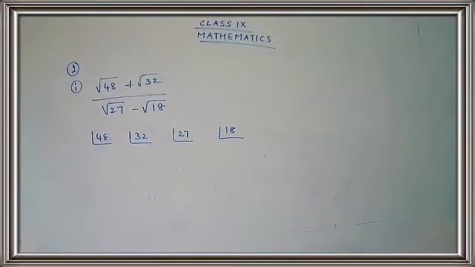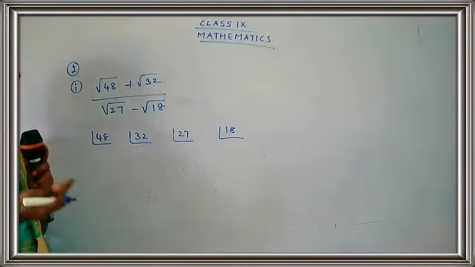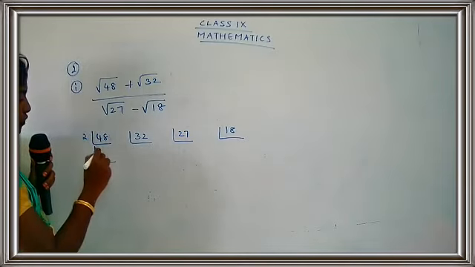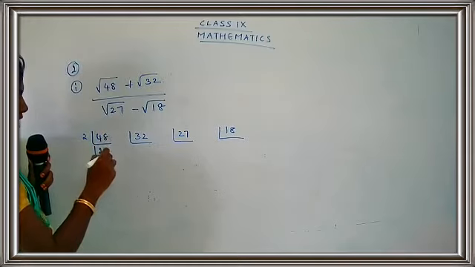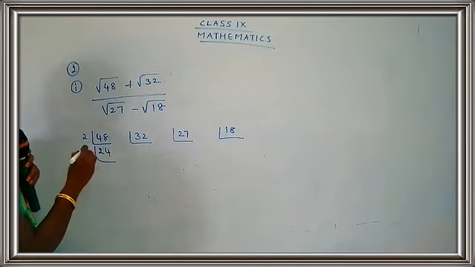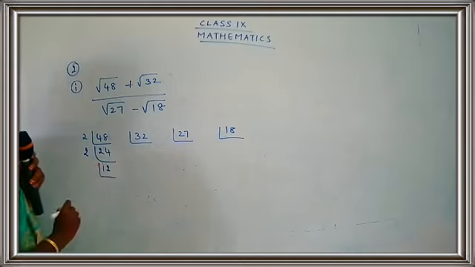Okay, shall we start with factorization of numbers? So the first number is 48. We are going to find the factors for it. Let's find the factors for it. So you know the last number is 8, so it is divisible by 2. I'll take here 2. 2 2s are 4, 2 4s are 8. So I get 24. Again the last number is 4, so it is divisible by 2. So 2 1s are 2, 2 2s are 4. I get here 12.